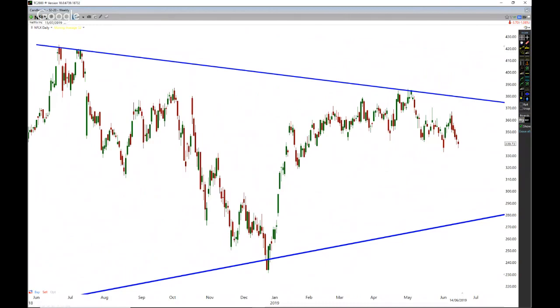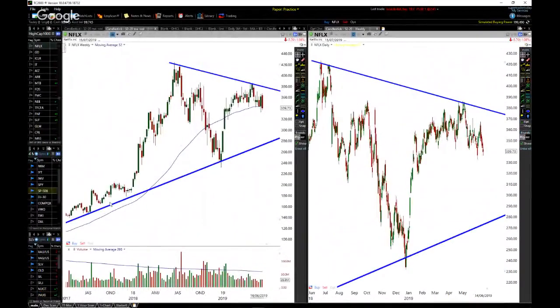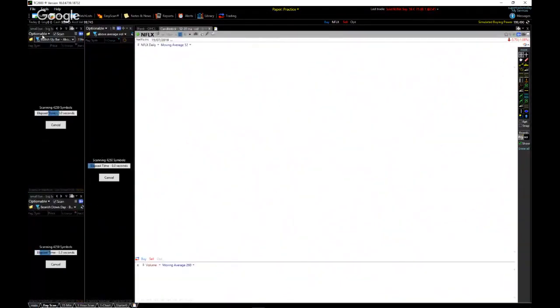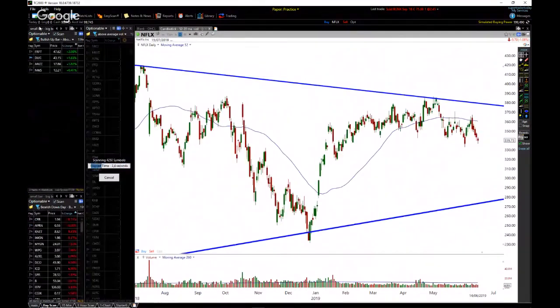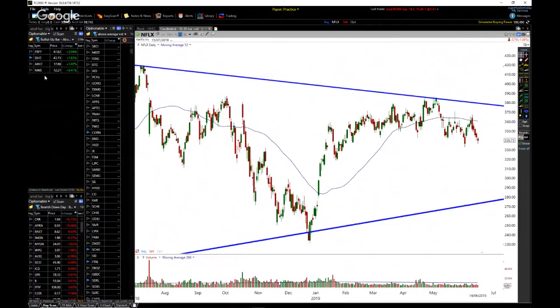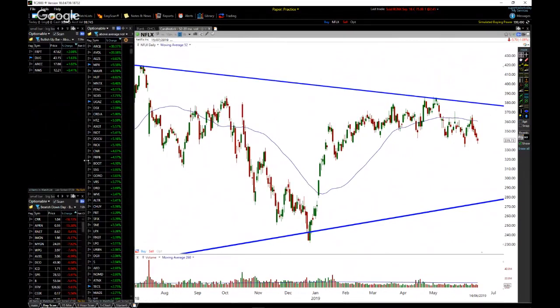Okay, so I'll answer that first question. How I do that? Well, my private clients get access to this as well. I subscribe to this software here called TC2000, and every day I go to this tab right here. As you can see, I have a couple of different scans, and I've got scanning codes and I've created these scans.